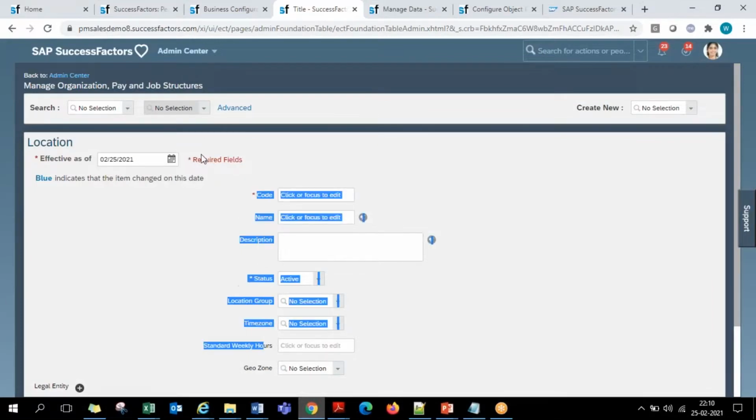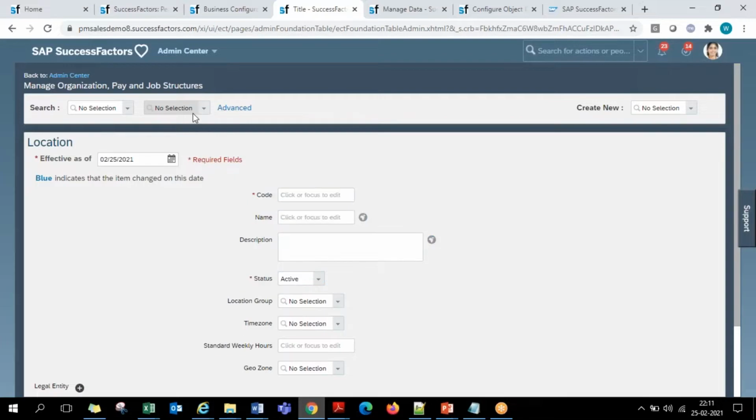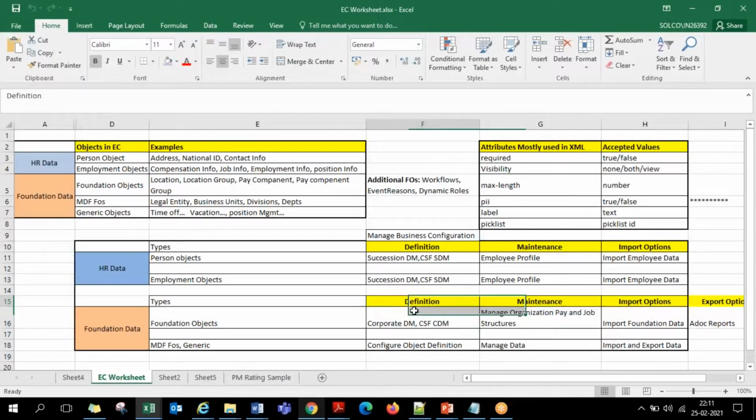If I have to create a new location, Bangalore is one of my company's work locations, Kolkata is one location, Paris is one location. If I have to create those locations, these are all the screen fields I have to define for a location. So where are these screen fields coming from? It's nothing but the corporate data model, and of course the country-specific corporate data model also, which we'll see tomorrow.